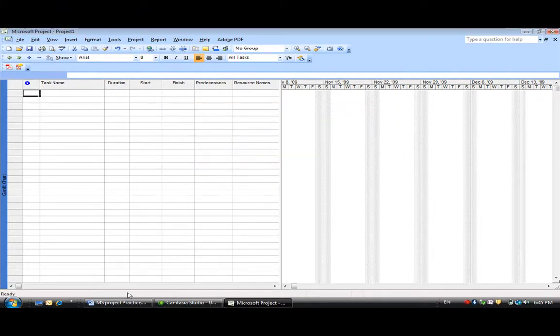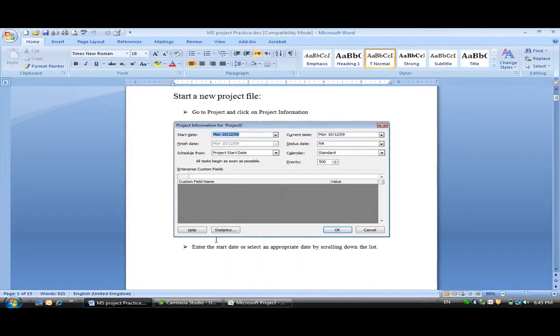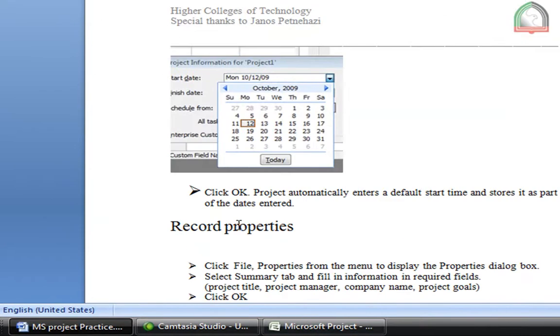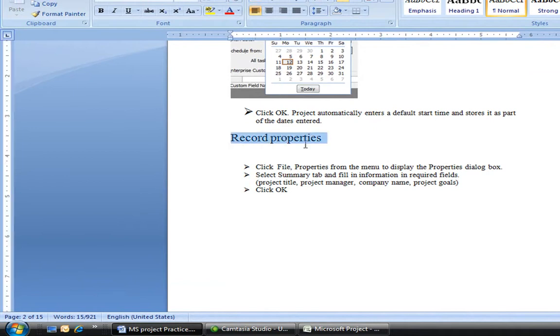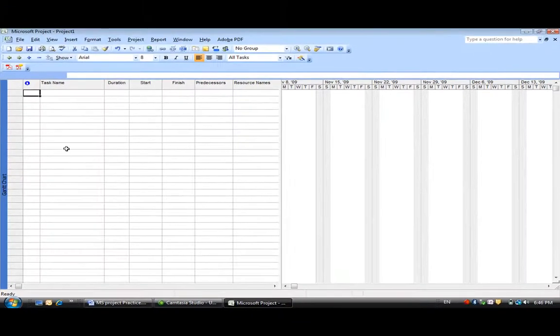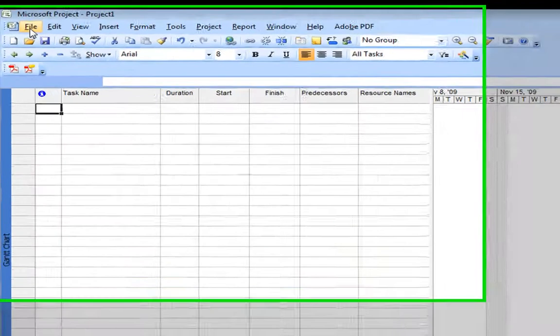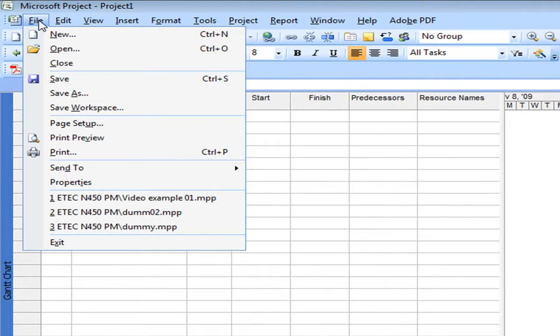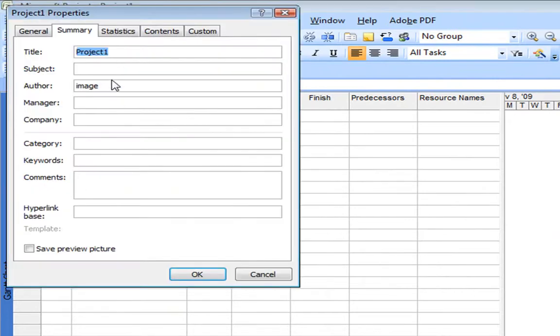Okay. So I'm going to go back to the directions. I've got that. Enter a start date. That's what we just did. Great. So now I'm going to record the properties, and I think you learned how to do this in any of your computer classes. Whether or not you use it is another question, but here we go. If we go to the File drop-down menu, I can see Properties, and I'm just going to put in here,